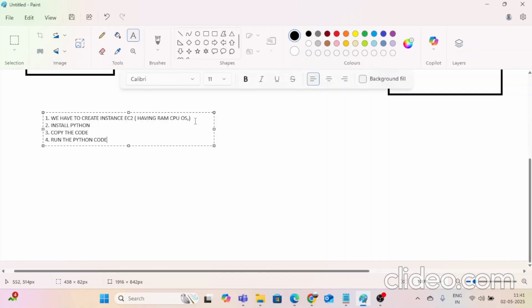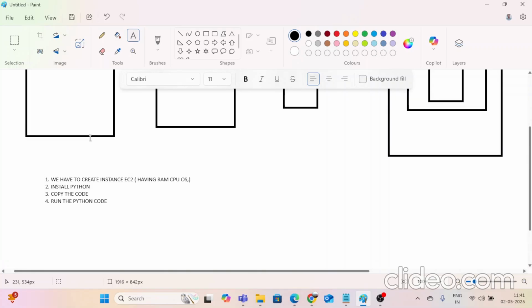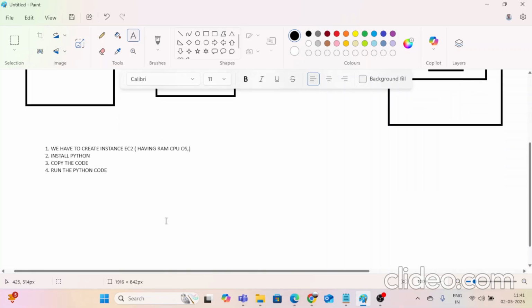So if I add all the applications in one server, let's say I have another application, let's say a Java application, right? The same steps apply. We have to create an EC2 instance, install Java, copy the code, and then run the Java code. So if you deploy the Python application and the Java application onto one server,